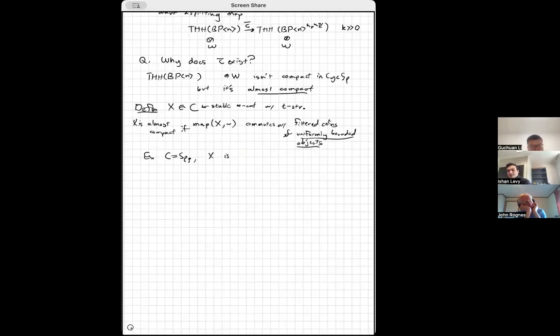And that's exactly saying that your object should be approximable by compact objects in some range of degrees, in any finite range of degrees. And so that's equivalent to X being almost compact if and only if X is bounded below